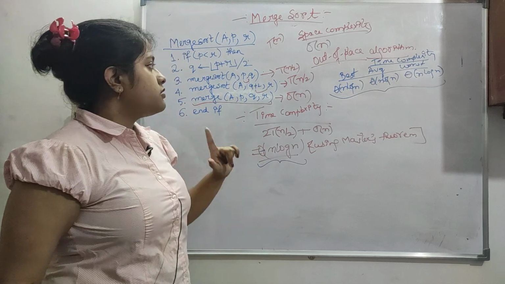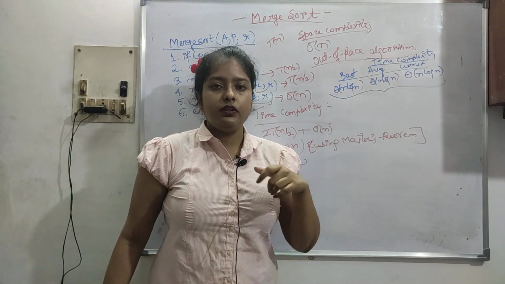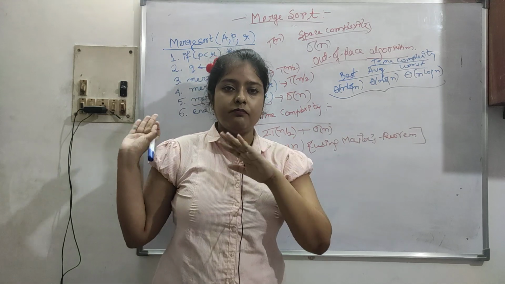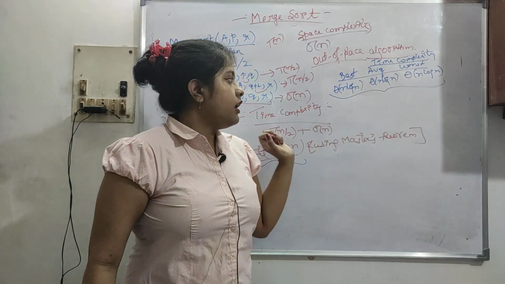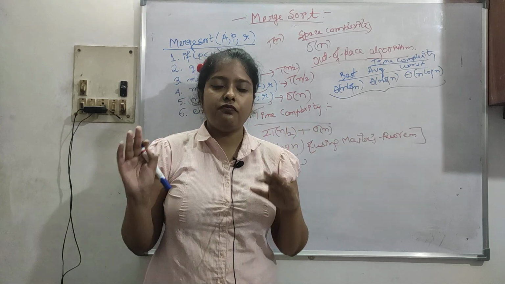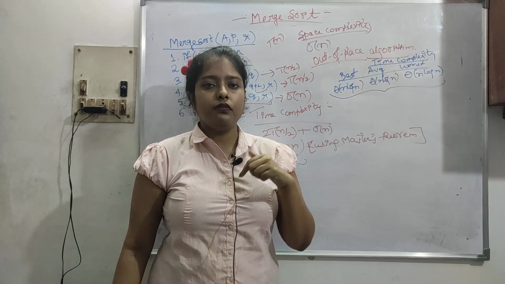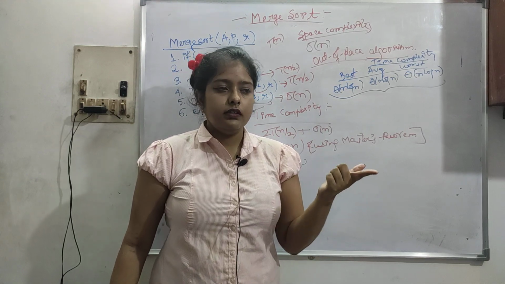So we have seen the merge procedure, then merge sort, an example, and how the algorithm is working. I hope this is clear to you. I will do questions on this, but before that we have to finish all the algorithms. After this algorithm, I will go on to the next one, quick sort.